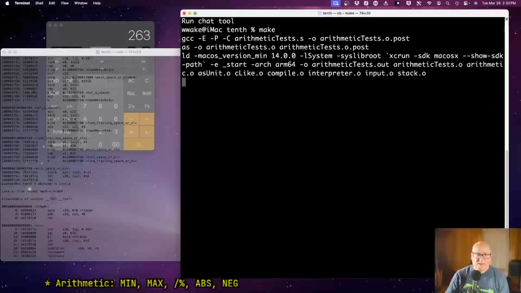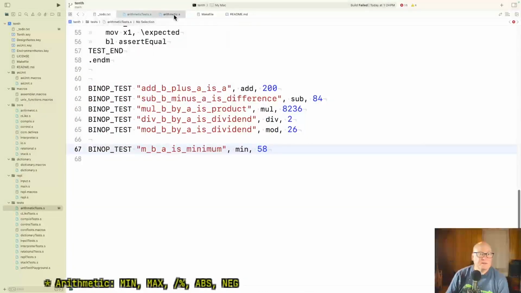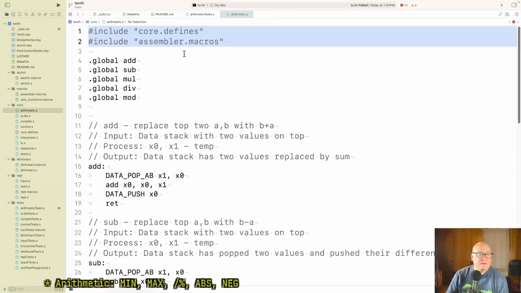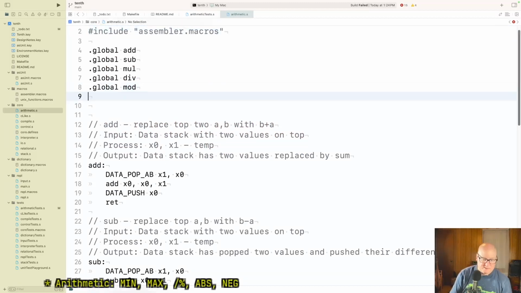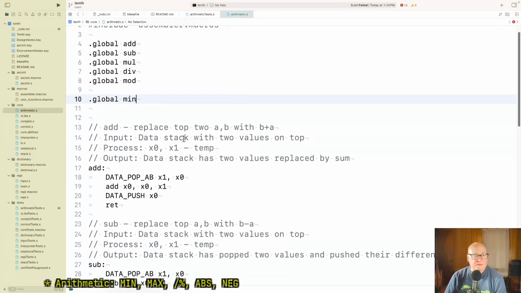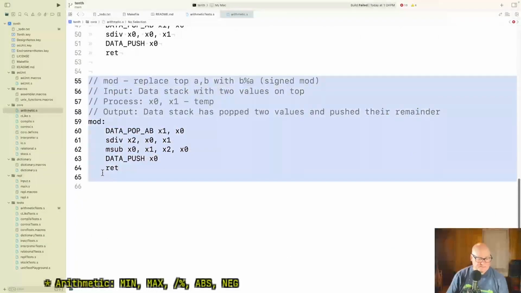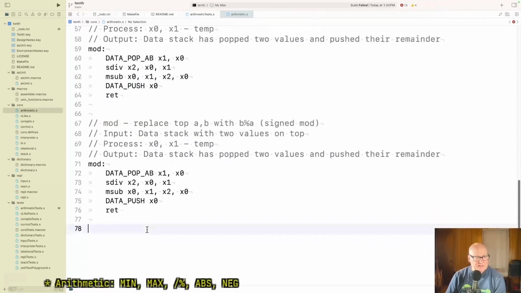Now this should not compile. Yep, no min. All right, let's get arithmetic up here. Actually, I'm going to pull both these a little further to the right. Okay, so global mod, set global min. There is a lot of similarity, but I don't think dropping in these things will do it. Anyway, min with